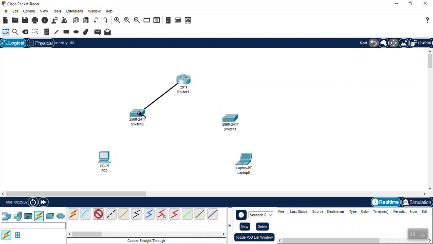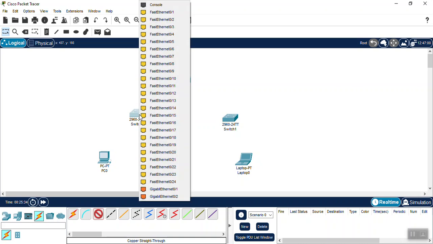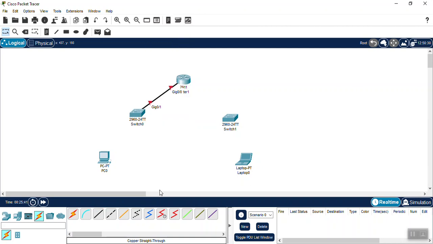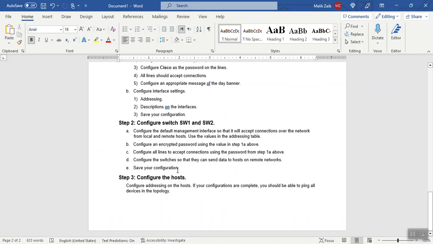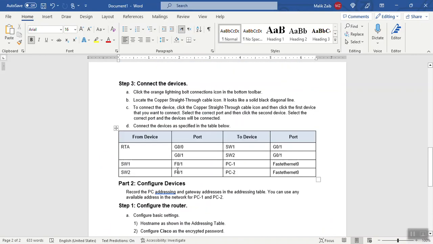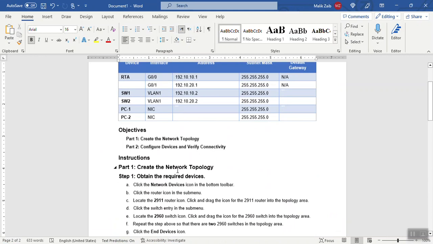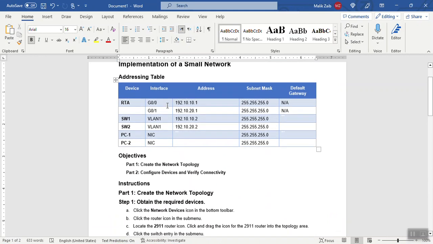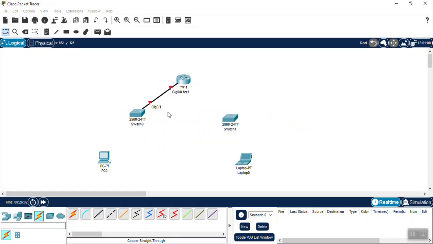Okay, and then we will click on the switch, and also select a port number that we have required. I am selecting randomly, but in your lab manual you have to check what is given, because the IP table is according to the port numbers. So gigabit 0/0 is one side, and 0/0 is the other side. So I have taken these, this is 0/0.